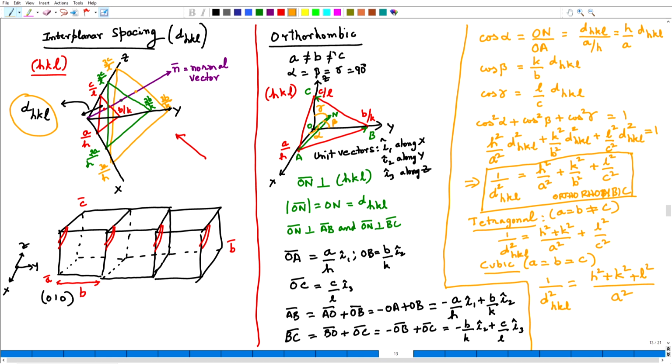Now, for other systems like rhombohedral, hexagonal, or triclinic, monoclinic, where you also have non-orthogonal angles, there will be some alpha, beta, gamma terms also coming in. In fact, in the case of triclinic, all the 6 parameters will come into the interplanar spacing. It is difficult to derive the way I have derived for the orthogonal case. For the interplanar spacing in those systems, we can take the result of what is called the reciprocal lattice concept, and that concept will be introduced in the X-ray diffraction part of the course. At that time, we will see how to derive those interplanar spacings.